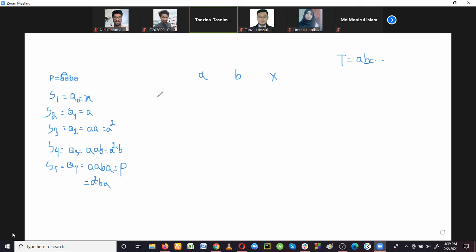And how many states do we have? Q0, Q1, Q2, Q3. We will not use Q4 because this is our destination state, or that is our pattern. Clear? So these are our four states: Q0, Q1, Q2, Q3, and we'll prepare the table for three types of character: A, B, and X.